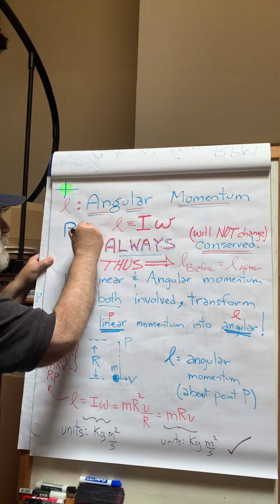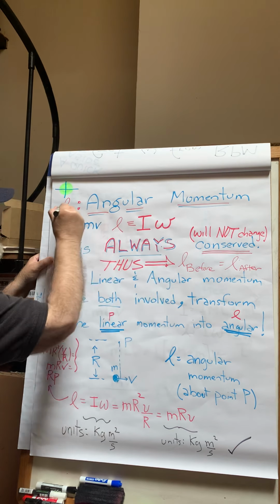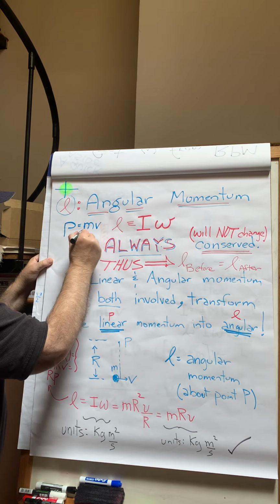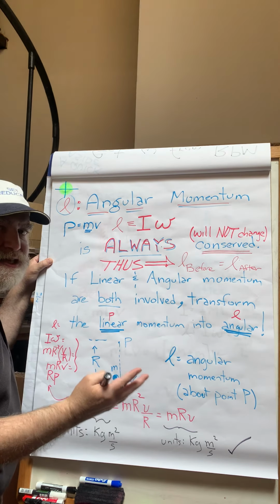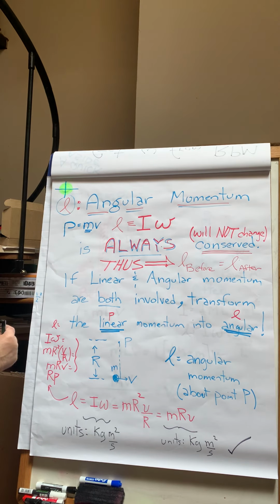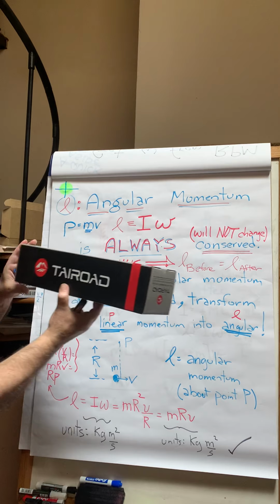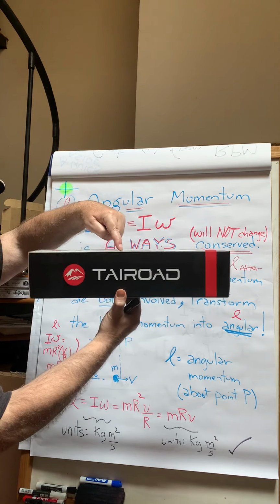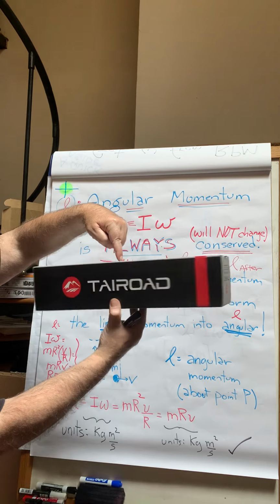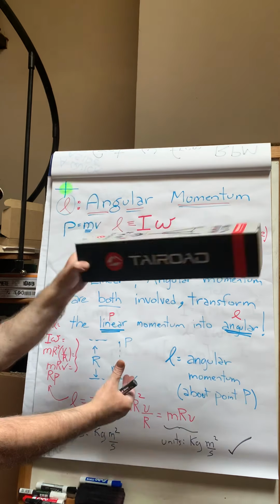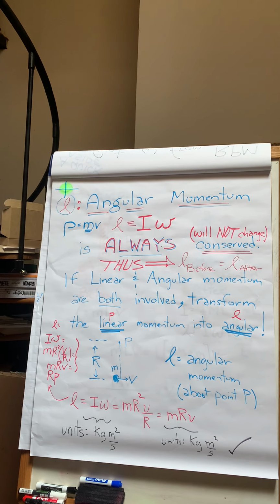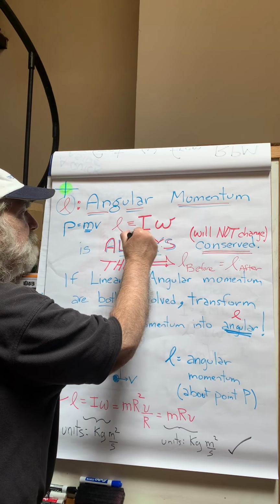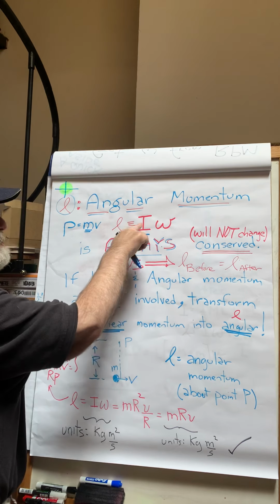linear momentum equals mv. So angular momentum is called L, and it is the rotational mass I. Remember, the moment of inertia is how the mass is distributed around the axis of rotation. So here is one possible axis of rotation. Here is another possible axis of rotation, and yet another. So depending upon the axis of rotation, we will have different values of the moment of inertia, and that is rotational mass,